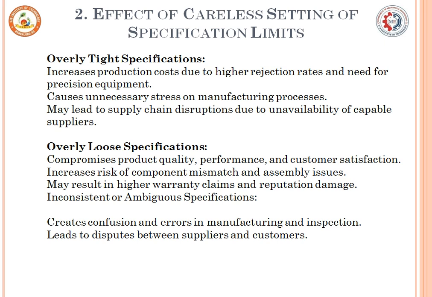So here there may be a mismatch between the customer and the supplier. The specification given by the customer may be one, and the thing which is followed may be another one. So overly loose and overly tight specification limits will once again be an obstruction or a waste of time in matching the customer requirement and going ahead.